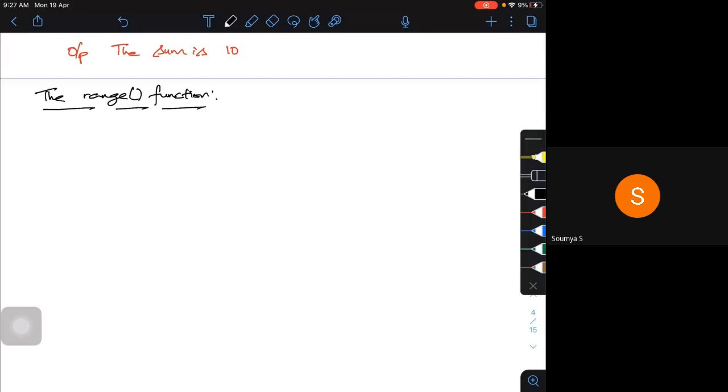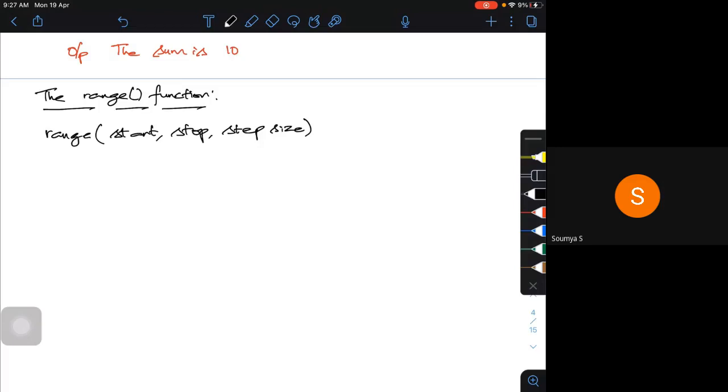If I use this range function, I can start, or I can stop, I can go with some kind of a step value or step size, whatever we call it. All the operations can be done.